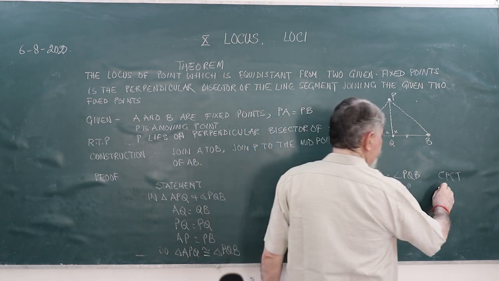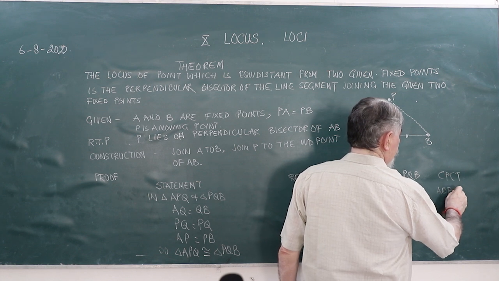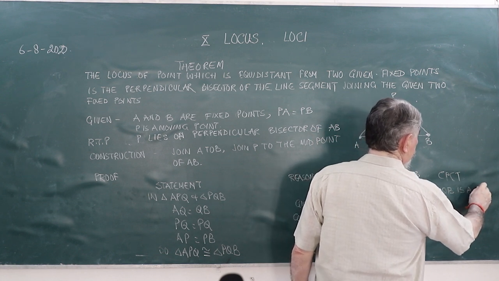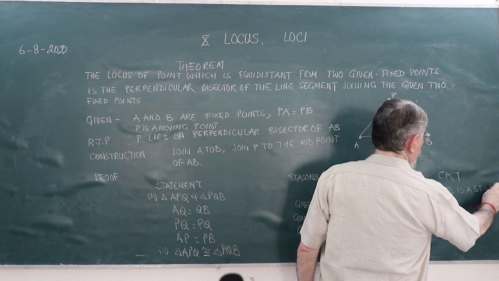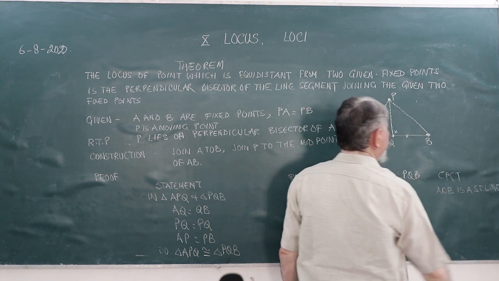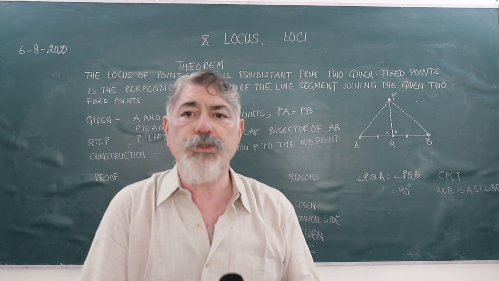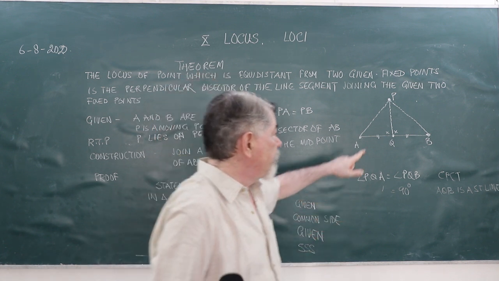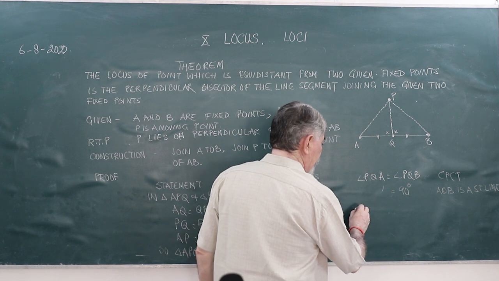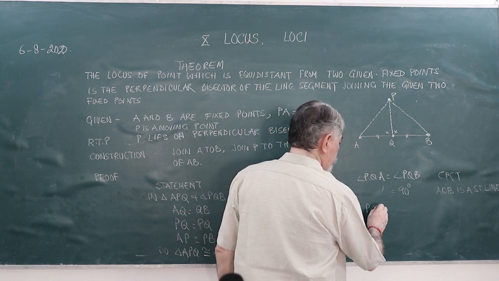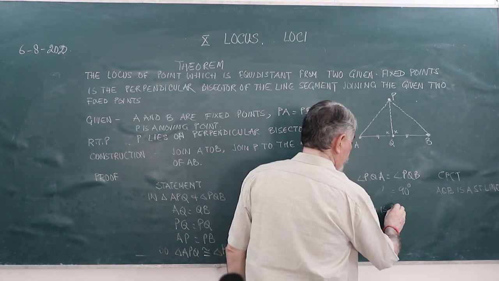Why are they going to be 90 degrees? Because AQB is a straight line. If a straight line is divided by another line into two equal halves, 180 divided by 2 will be 90 each. That implies PQ is the perpendicular bisector